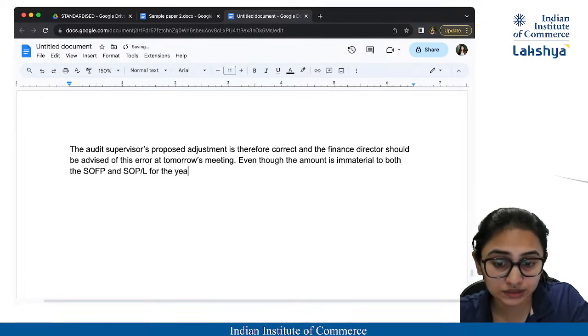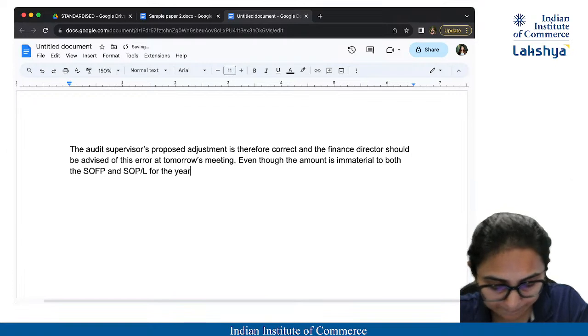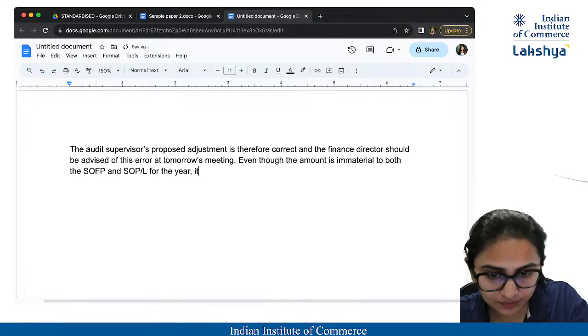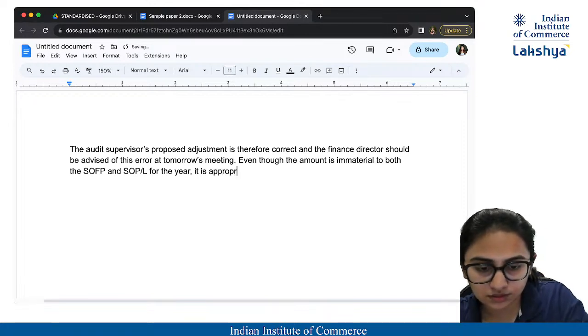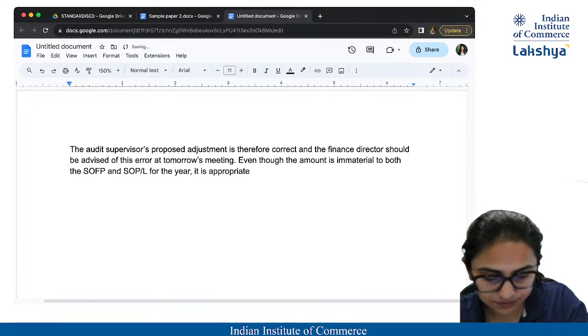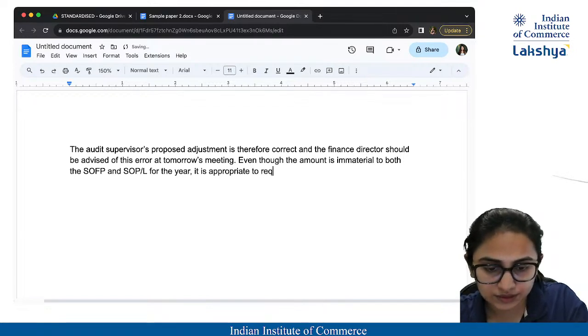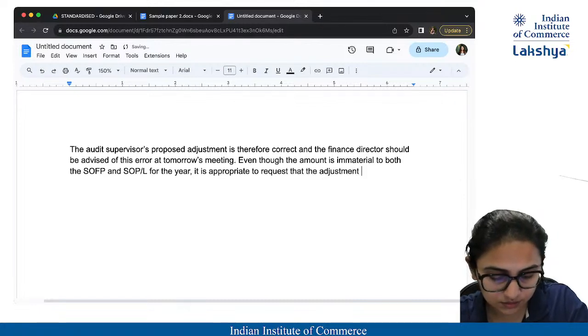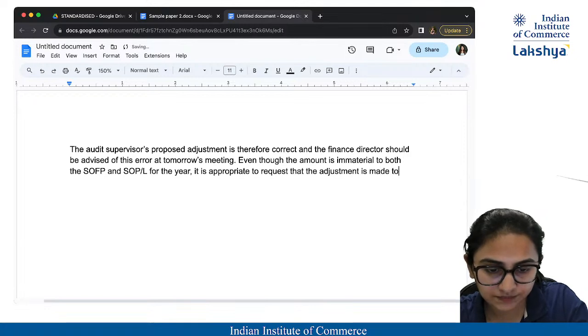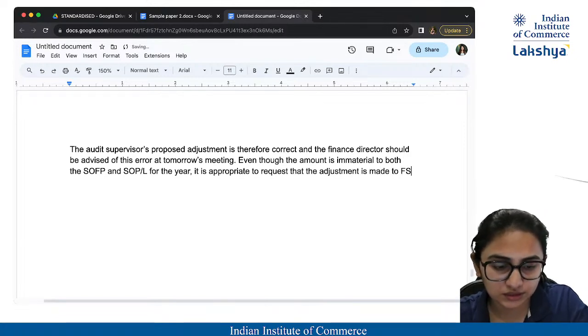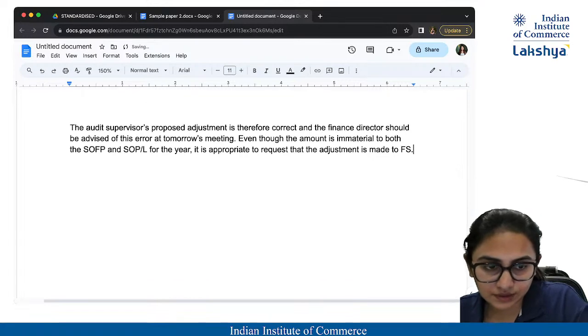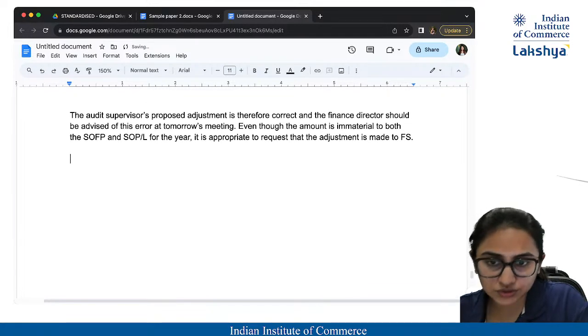Even though it is immaterial, you have to do that. It is appropriate to request that the adjustment is made to financial statements. And last and the most important point,